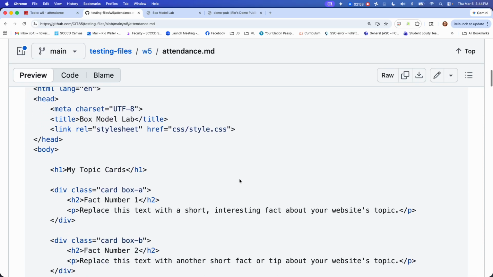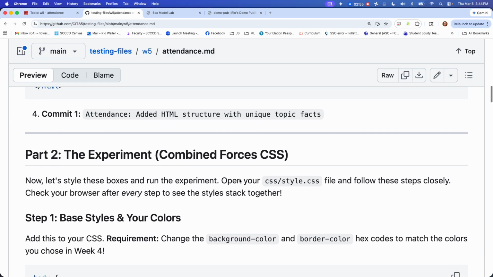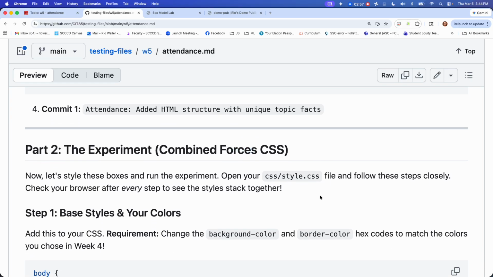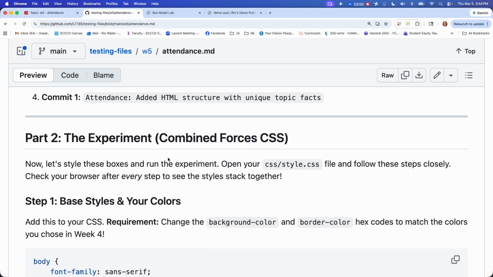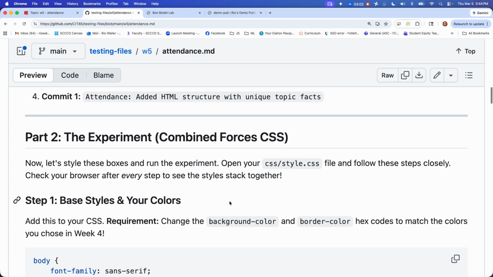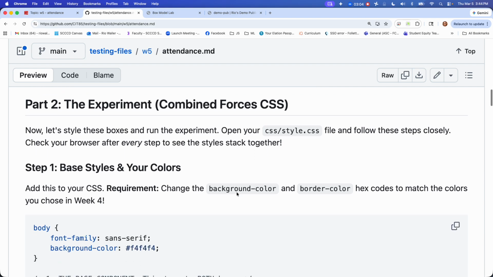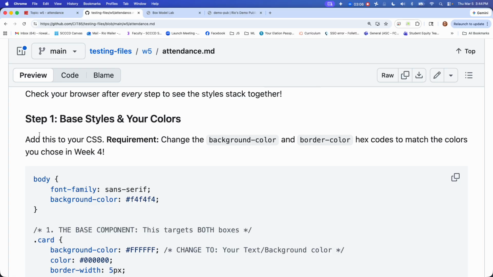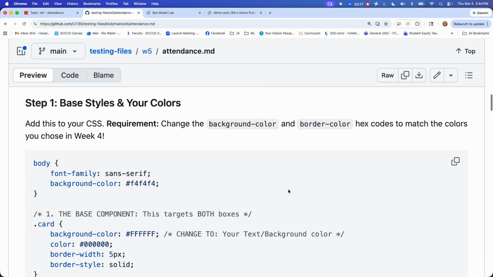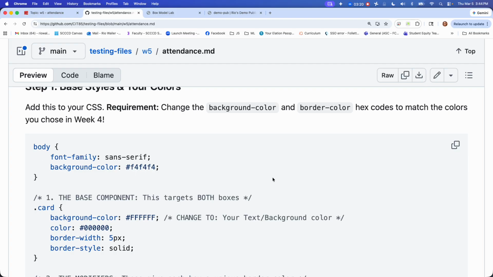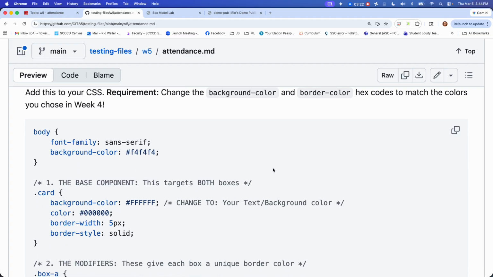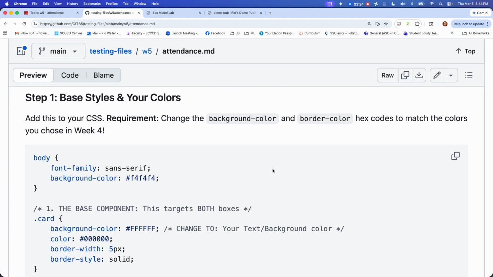Now you're going to combine forces in your CSS. So let's style these boxes and run the experiment. Open up your CSS and check it out. What you're going to do is add this to your CSS. This is a requirement: change the background color and the border color hex codes to match the colors you chose in week 4. We have a body selector, a font, a background color, right? So we're changing the